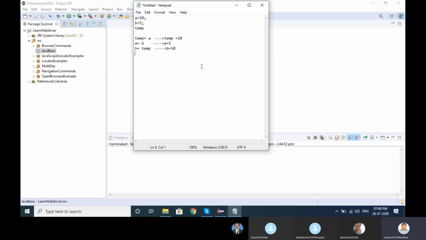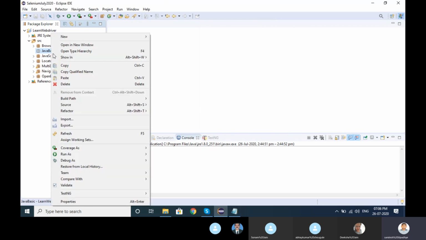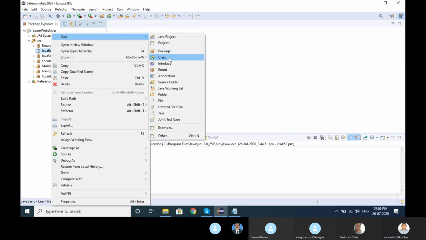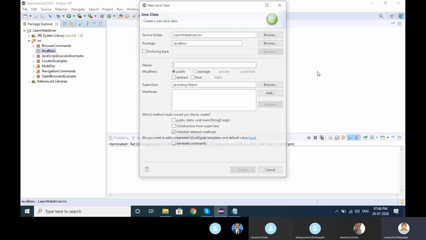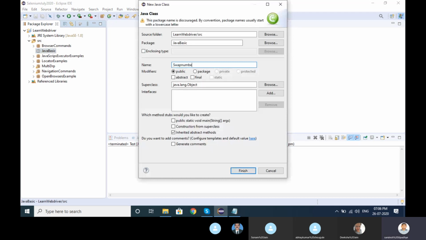Let me put it in a programmatic way. Swap number with third variable.